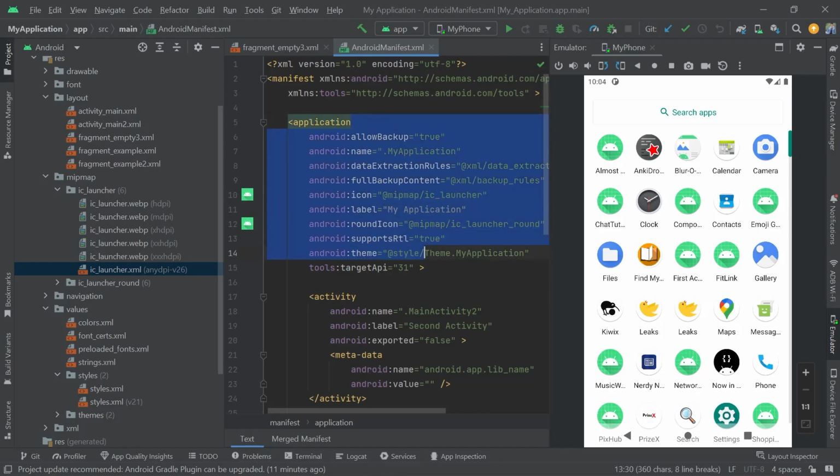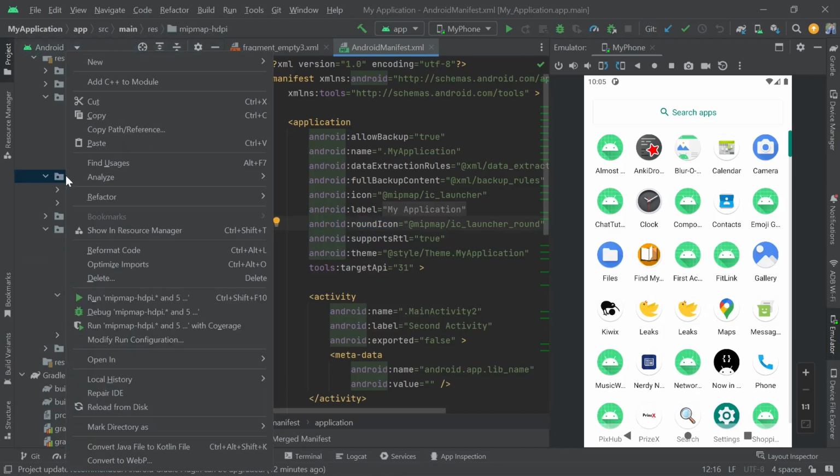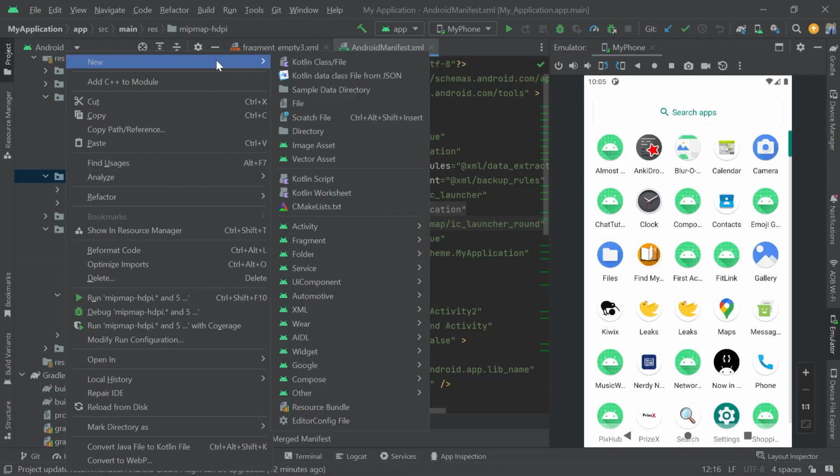Inside your application tag, the application element, you can add the icon attribute, and here we are defining this blue one, and here we are defining this green one. So there are two things here: first of all, icon and this round icon. If you want to create an adaptive icon for your app, you can just go to this mipmap, right click on it, new, image asset,